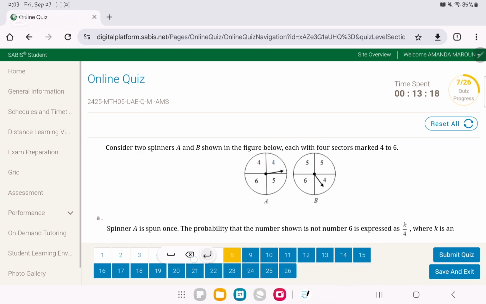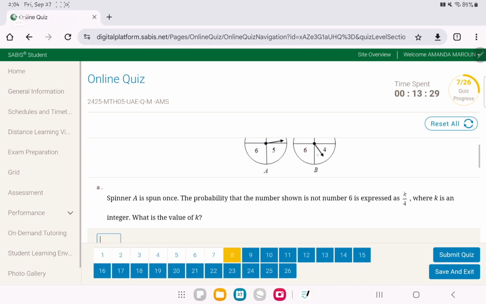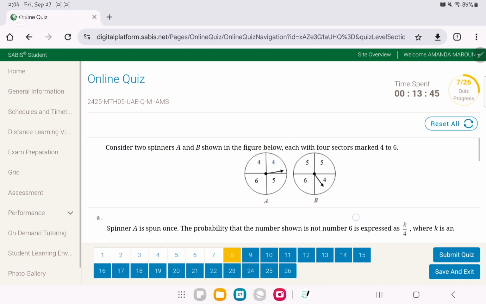Okay, let's go. Now, consider two spinners A and B shown in the figure below, each with 4 sectors marked 4 to 6. We're going to keep this in mind. Spinner A is spun once. This is very important. It's spun 1 time. So the probability that the number shown is not number 6, they need all values except number 6, can be expressed as,